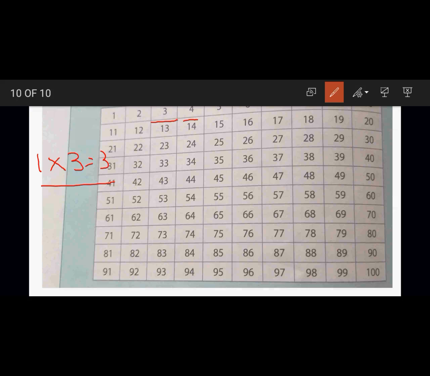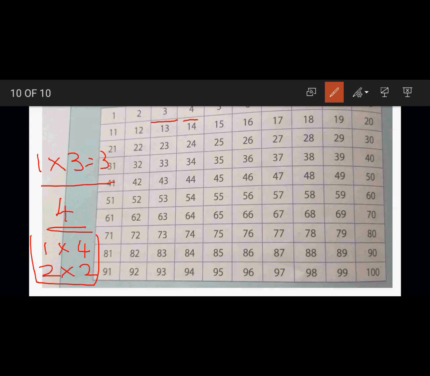Now let us take 4. Quickly find out the factors for the number 4. 1 and 4. Only 1 and 4? No, ma'am, 2 into 2. Very good. So you have 1 times 4 is 4. Again you have 2 times 2 is 4. Can I get the answer from 3? Not possible. Again I will have to repeat only 4 times 1 is 4. So instead of repeating, we will not write it again.